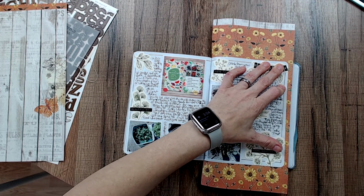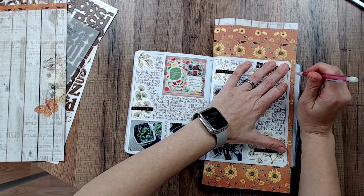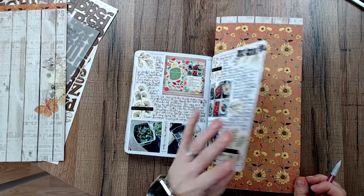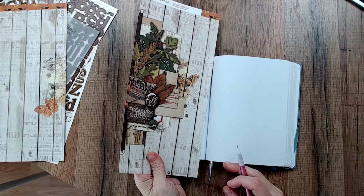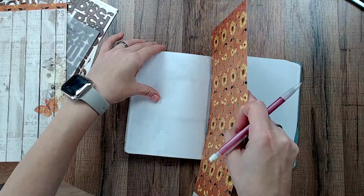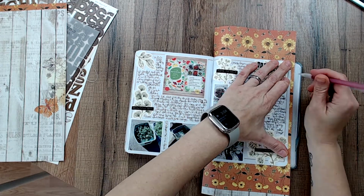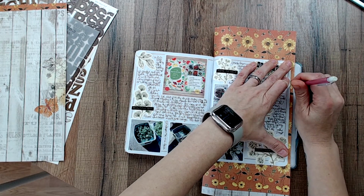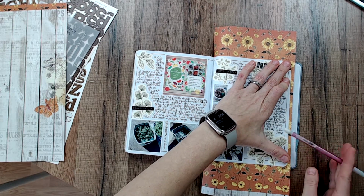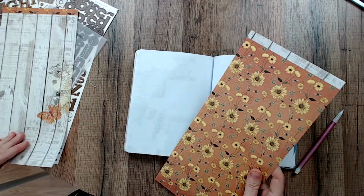Scissors. So what are you guys up to this month? It's October. Whoops. I have a goal in my head. Oh, and then I did the wrong side. Scratch that. All right, here we go. Do it this way. I have a goal in my head for this month, but I'm not going to say what that goal is because as soon as I do, I won't stick to it. But I'm going to try to be an adult